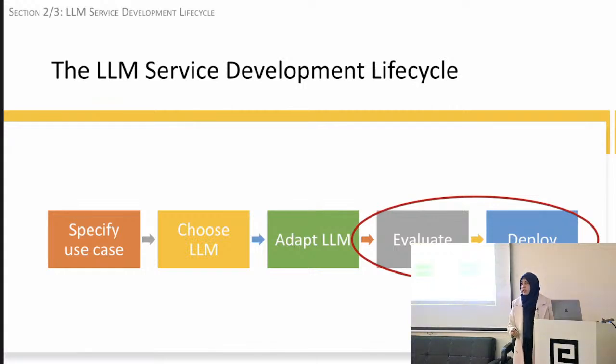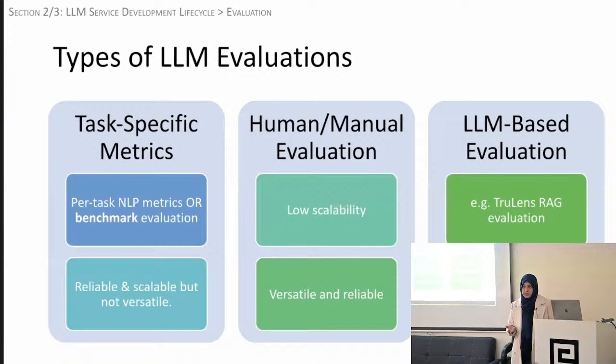The thing is, because this field, again, is relatively new, there aren't really standard sets of evaluation metrics like we have in other ML or NLP domains. So there are multiple options. Either you can borrow task-specific metrics from natural language processing, right? So for example, if you're doing summarization, very specifically, you can use something called the ROUGE score, which will tell you how good of a summary it is. It'll give you a numeric output for how good the summary is. If you're doing translation, you can use the BLEU score, which again gives you a numerical rating for how good the translation is. But again, these are very task-specific.